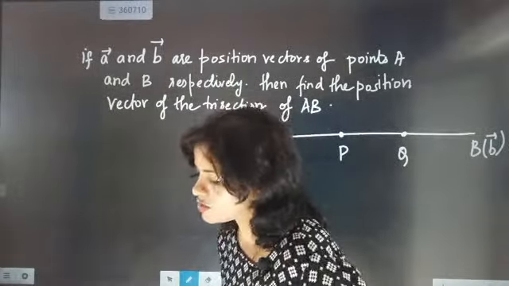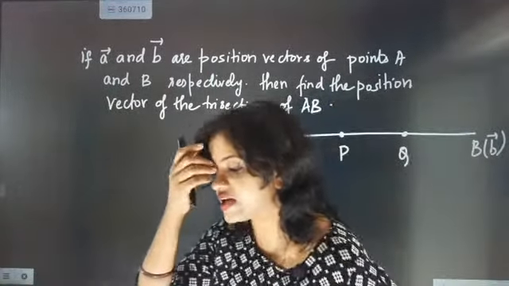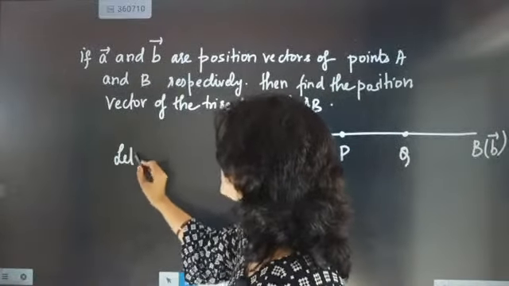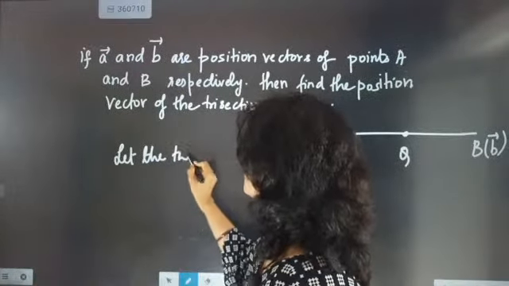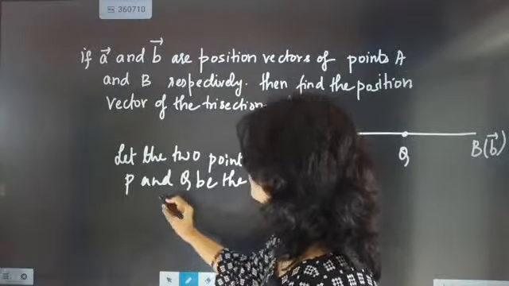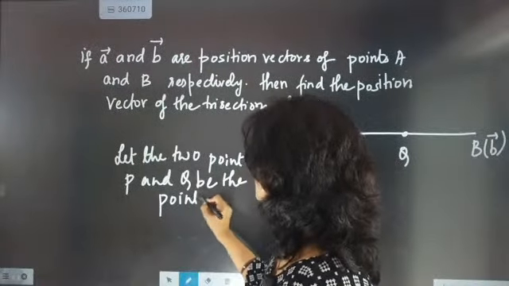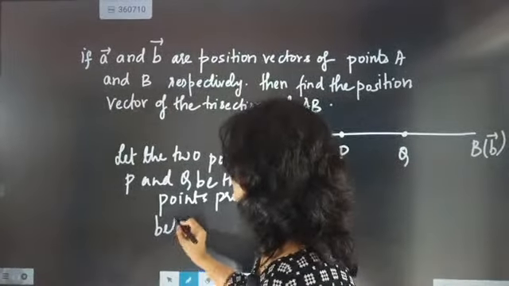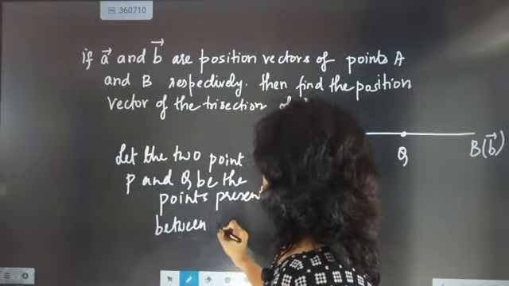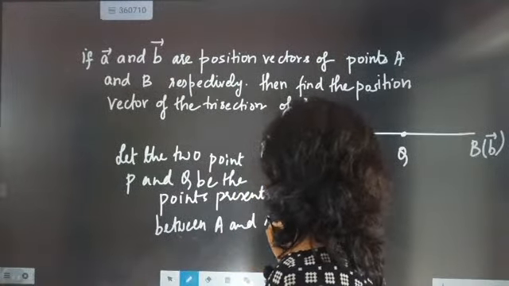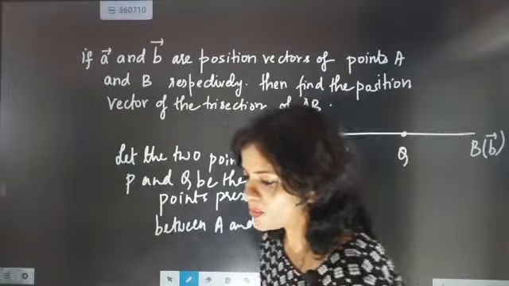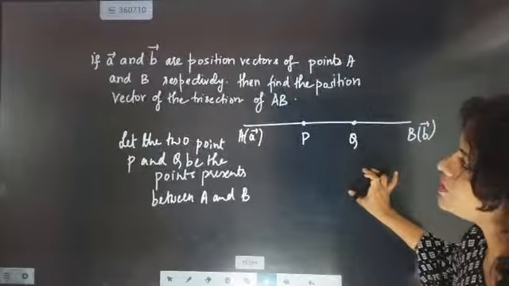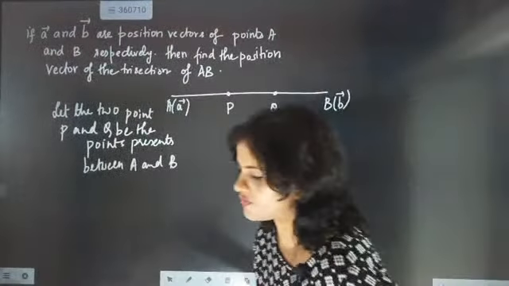So first we will write: let the 2 points which will be equidistant be, let the 2 points present between A and B. Okay, so P and Q we have taken as the 2 points present between A and B, and because P and Q are the points we have taken between A and B,